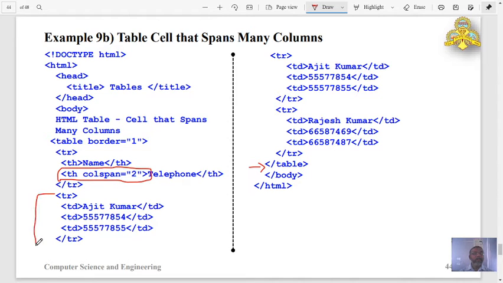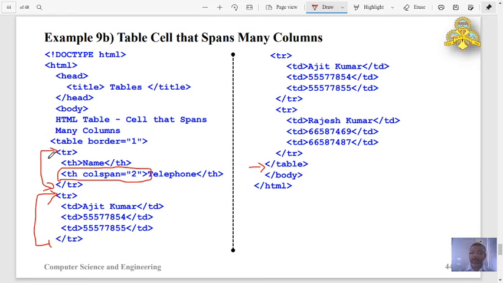Other rows contain 3 cells. Same is applied to next also. Observe that even though the first row contains only 2 cells, since the second cell is spanned into 2 columns, the area covered by the first row is same as other rows.